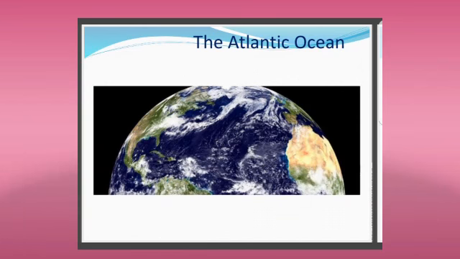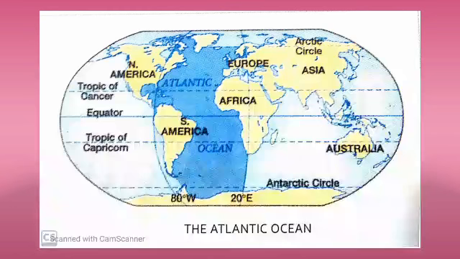Now let's learn about the second ocean, Atlantic Ocean, children. The Atlantic Ocean probably got its name from the legendary island of Atlantis. This is a fictional island name in Greek mythology, children, Atlantis. Observe the map, children. This ocean is bordered by North America and South America in the west and by Europe and Africa in the east. It is roughly half the size of the Pacific Ocean. Its shape resembles the letter S you can see in the picture above.